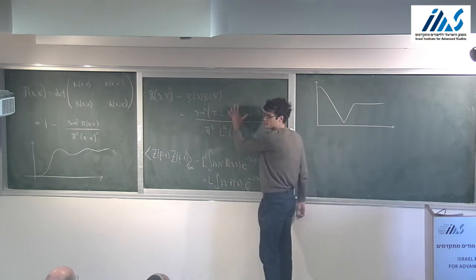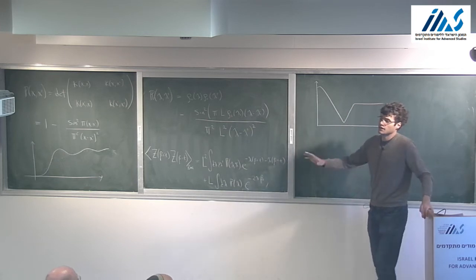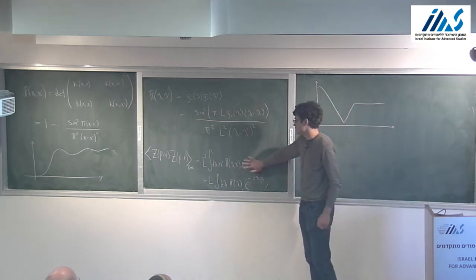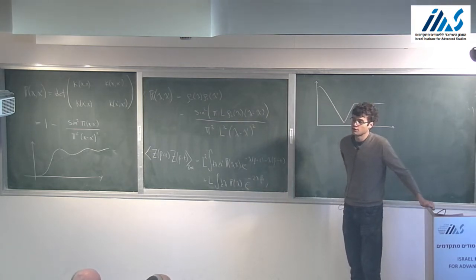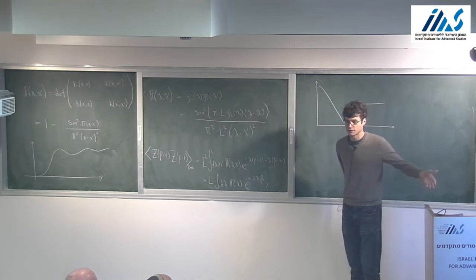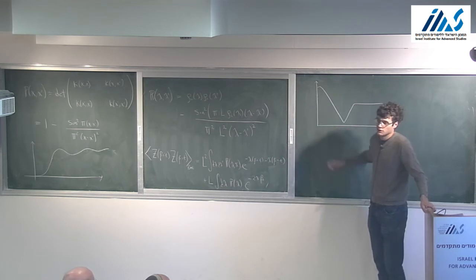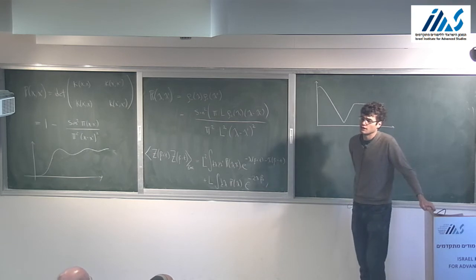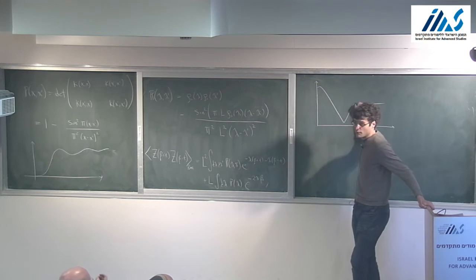You don't need to include this oscillating sine squared factor. You can just do the integral replacing sine squared of the difference of the eigenvalues by its average value, which is a half. Then in this integral, one is essentially computing the Fourier transform of 1 over x squared. That's a function that is growing linearly. The Fourier transform of 1 over x squared is k. In this case, the Fourier variable is time, not k. So we get a linear growth from that 1 over x squared. That's the sense in which the spectral rigidity leads to the ramp. This power law repulsive anticorrelation of the eigenvalues leads to a linear ramp.